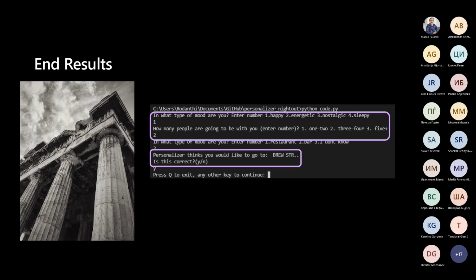So we have to know the mood of the user. So are they happy? Are they energetic? Are they nostalgic? Are they sleepy? And second, how many people are their friends that are the company for this night out in Athens. So there are just these two very simple user features that we need, and then we will see in a minute our action features too and how we